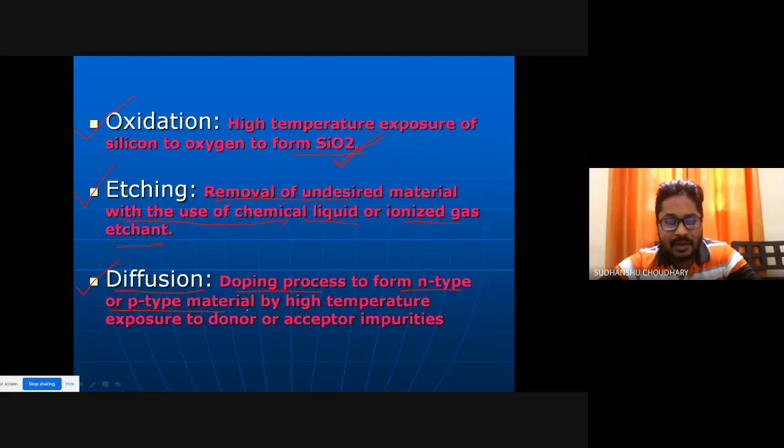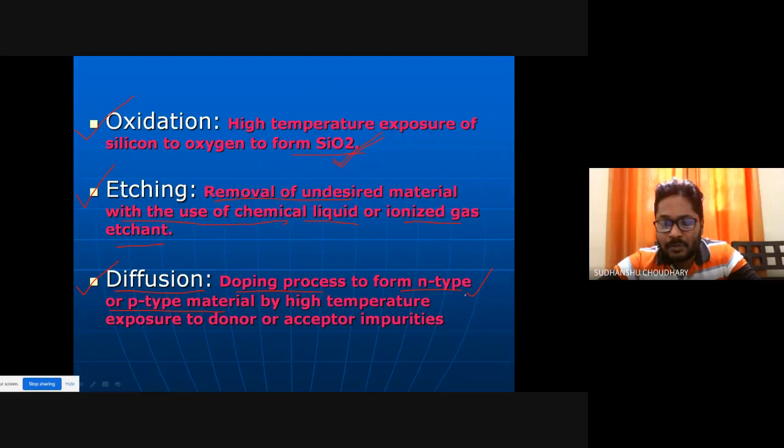Diffusion is again a two-step process. For example, let us say that I want to produce an N-type semiconductor. For an N-type semiconductor, you have to put in pentavalent impurities.